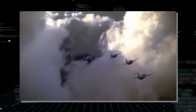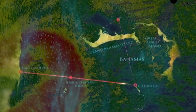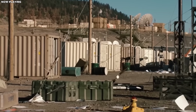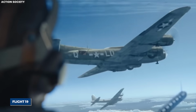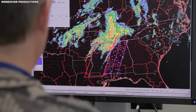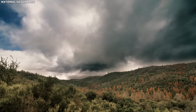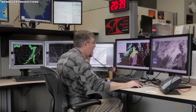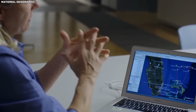single mysterious event. With physical evidence finally in hand, scientists could reconstruct the weather conditions that had contributed to the disaster. Understanding the weather conditions on December 5, 1945, proved crucial to solving the Flight 19 mystery. While initial reports described the weather as favorable, advanced meteorological modeling has painted a different picture of how conditions deteriorated throughout the afternoon. Using historical weather data, satellite imagery analysis techniques, and computational fluid dynamics, scientists reconstructed the atmospheric conditions